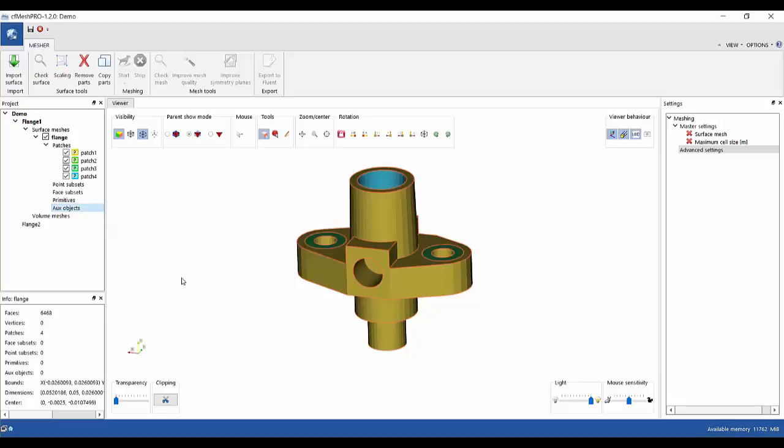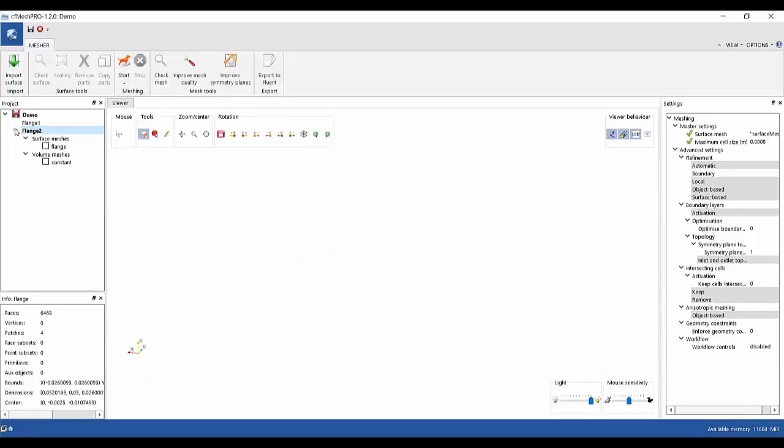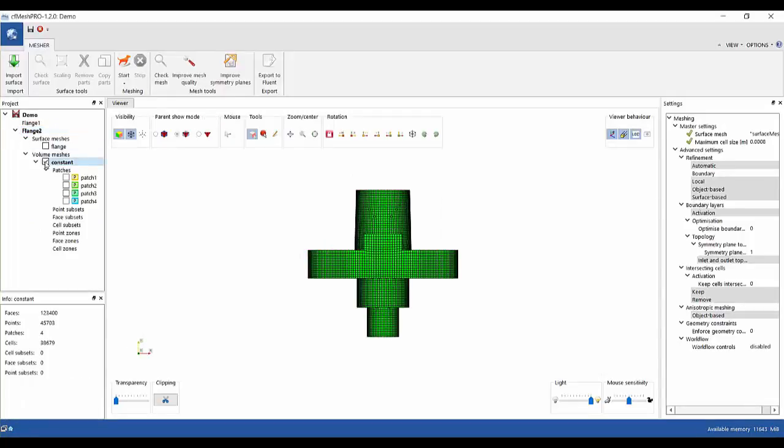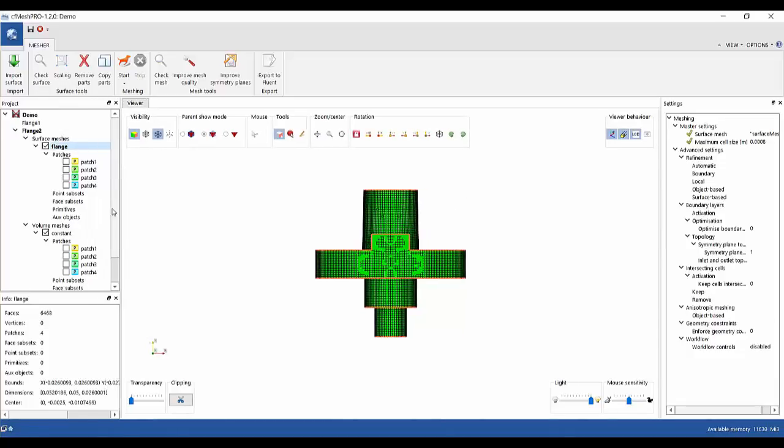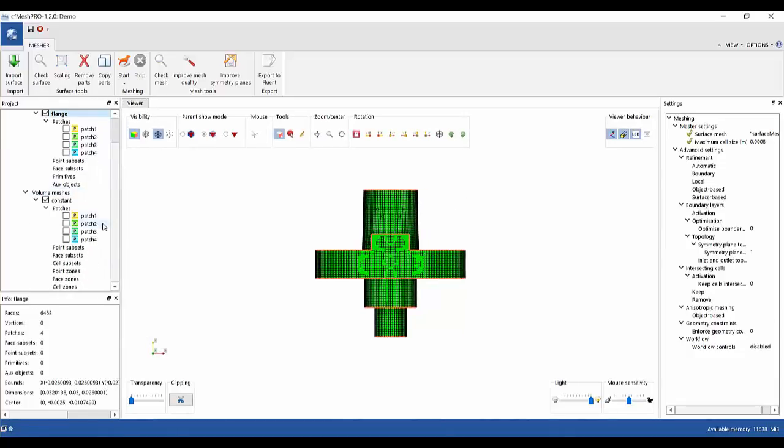Finally, the tree structure of the volume mesh is in part similar to that of the surface mesh, however with some additional elements. Please select the Flange 2 case and load the volume mesh. We see that the patches are the same in both the surface mesh and the volume mesh. There are point and face subsets elements also present in the volume mesh. However, the primitives and auxiliary object elements are not, as they are only meaningful when used as inputs in the